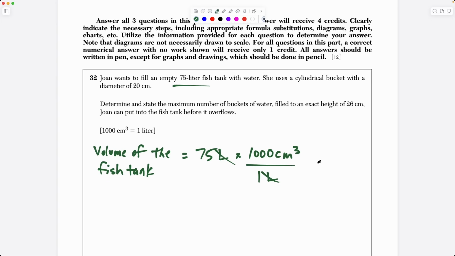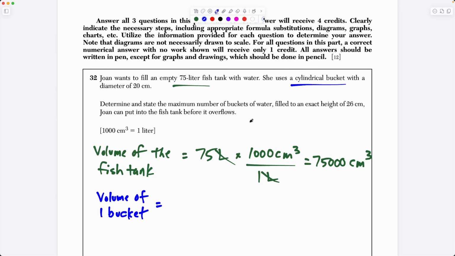The units cancel, and this tells us the volume of the fish tank is going to be 75 times 1,000, which is 75,000. So we have 75,000 cubic centimeters. Okay, so that's the volume of the fish tank. But we also have to know the volume of the cylindrical bucket that Joan is using to fill the fish tank. So I'll say the volume of one bucket